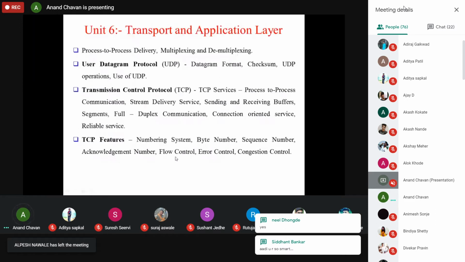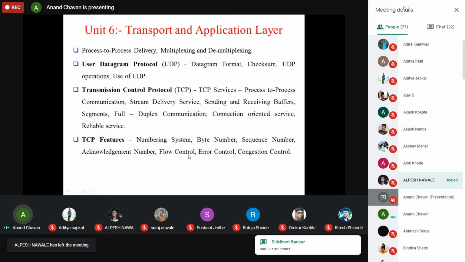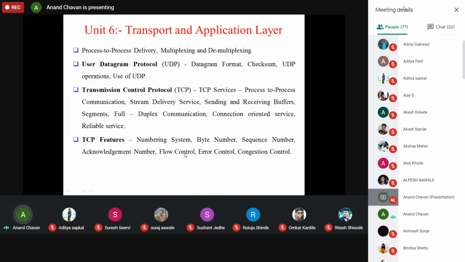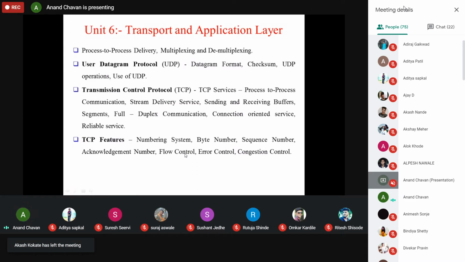Okay. We are at this particular point, which is called the flow controlling mechanism in networking. The flow controlling mechanism is nothing but this: the sender sends packets to the receiver at a certain speed, suppose we take the example of 10 packets per second. This is the speed of the sender side. But the receiver side is receiving packets at 5 packets per second.